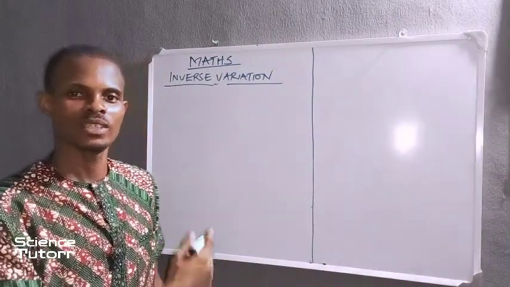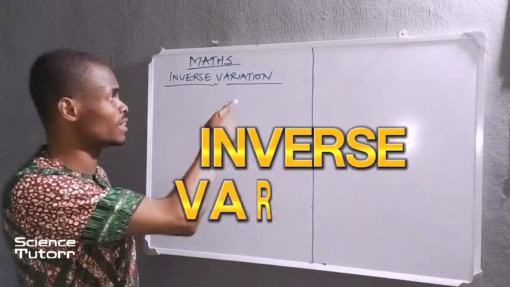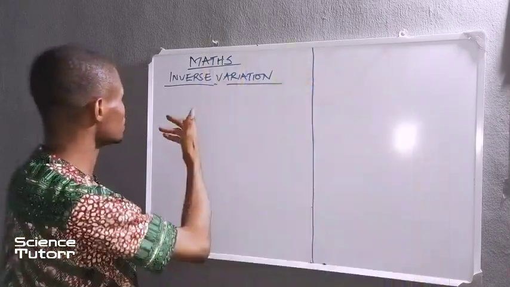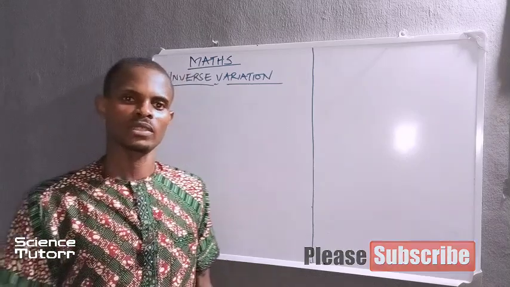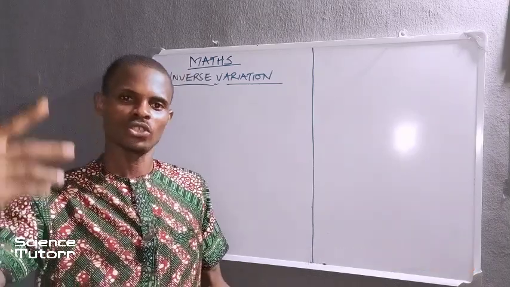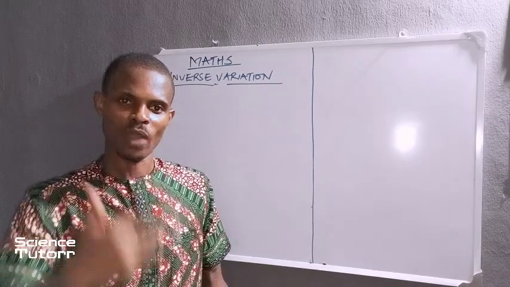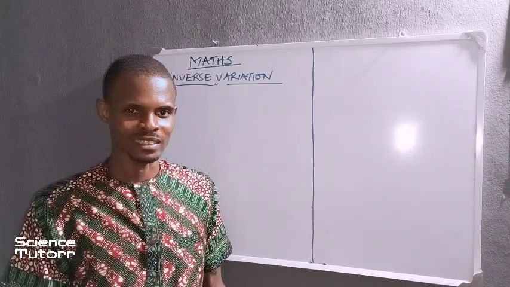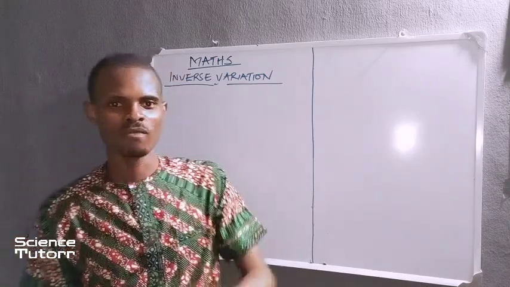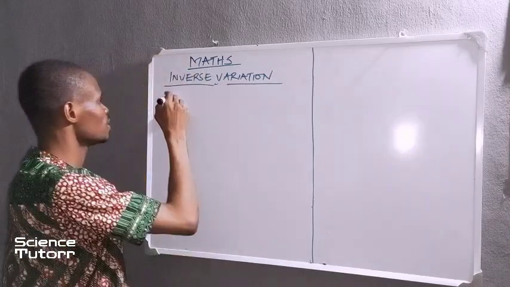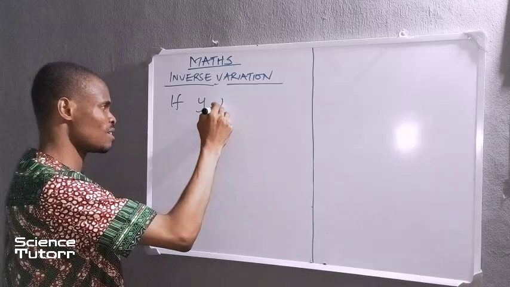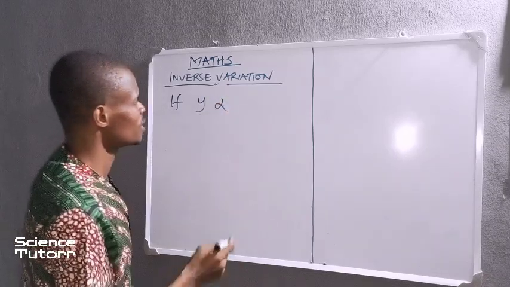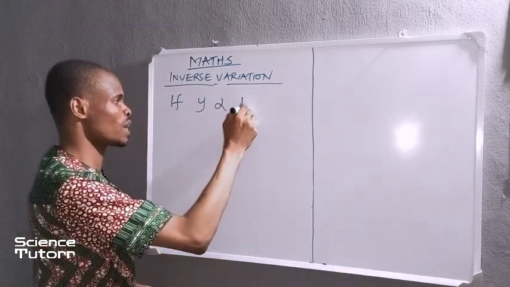In today's video, we shall be looking at inverse variation. Inverse variation talks about two parameters: one is increasing, the other is decreasing. So y could be increasing while x is decreasing. So it runs inversely. For example, let's say y varies inversely as x, so we use 1 over